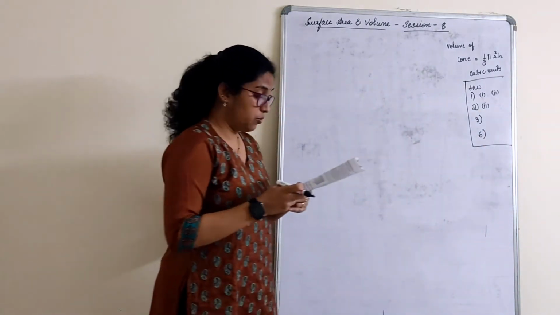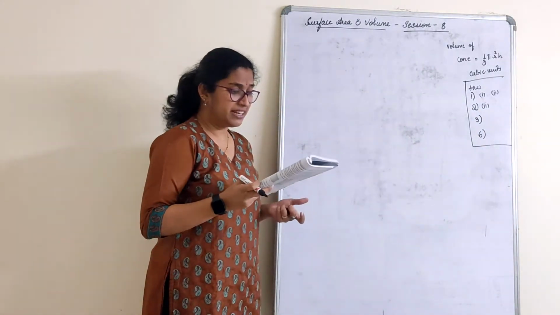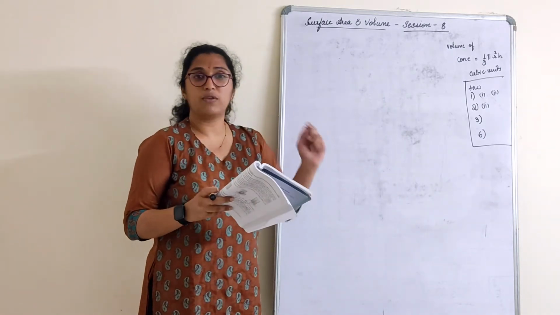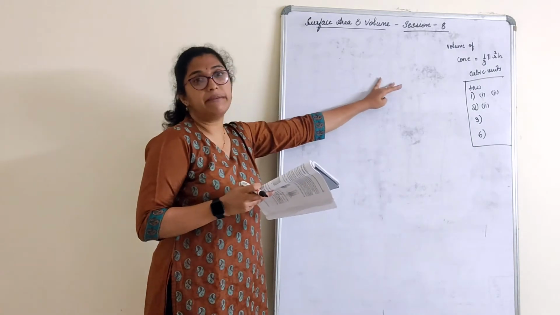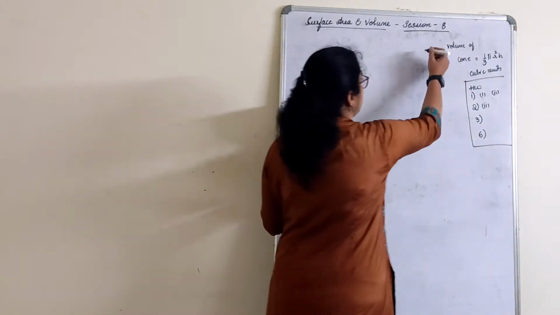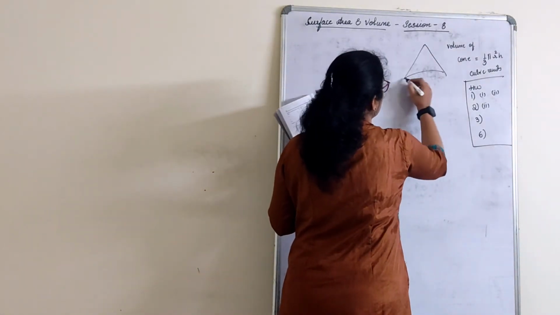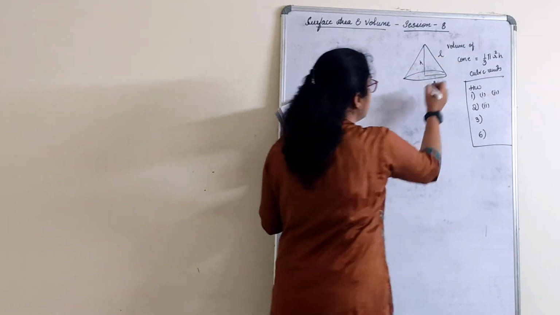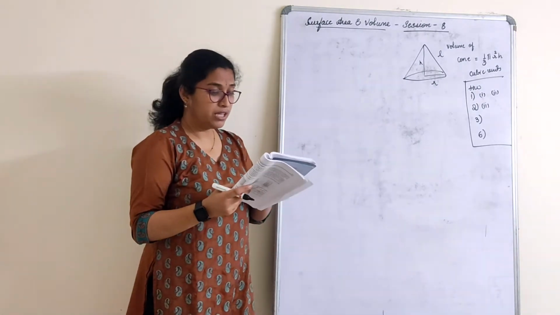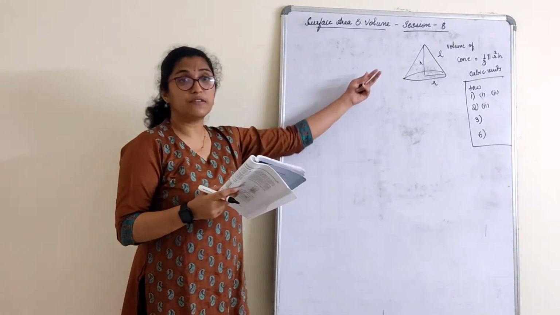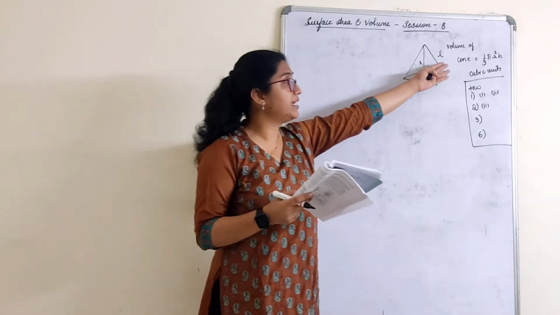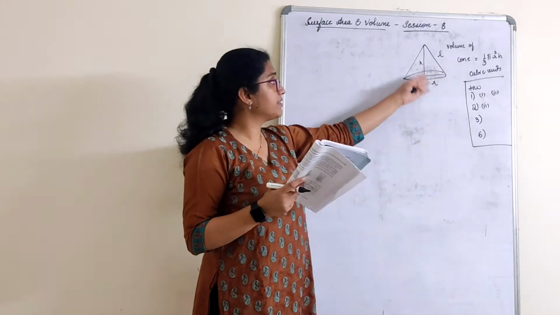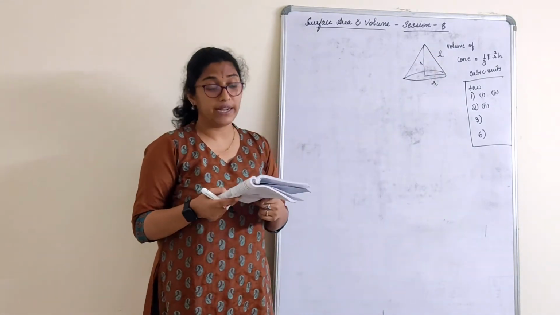Okay. Now, what is the first main? Direct question. Find the volume of a right circular cone. Forget about right, left or whatever is given. Usually for a cone we mention it as a right circular cone only. Why? Because when we draw a cone, this is h, l and r. Radius is given, height is given. What else do you need to find the volume of a cone? Substitute, find it. Radius is 3.5, height is 12. Direct answer. Slant height is not required at all.